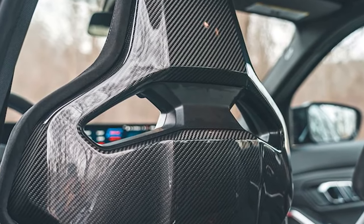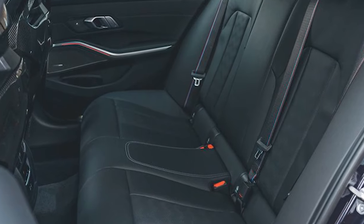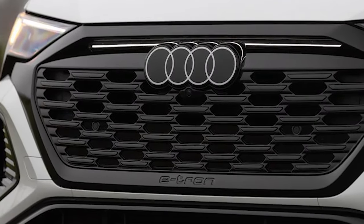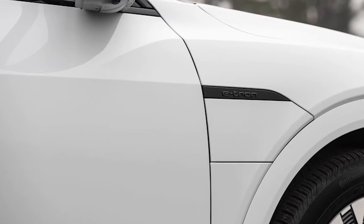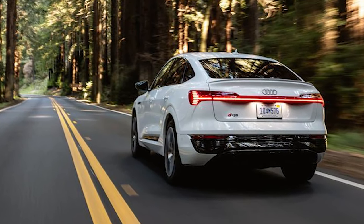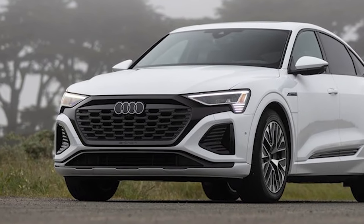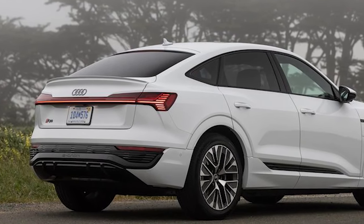2024 Audi Q8 e-tron and Q8 e-tron Sportback go farther, quietly. The Audi Q8 e-tron and its smooth-backed sibling, the Q8 e-tron Sportback, enter 2024 with a new name, more range, more efficient batteries, better aerodynamics, and faster charging. The mechanical changes address customer concerns about range and performance, while the name change, from just plain e-tron to Q8 e-tron, is to give buyers a better sense of where the big two-row SUV sits in the brand's lineup of